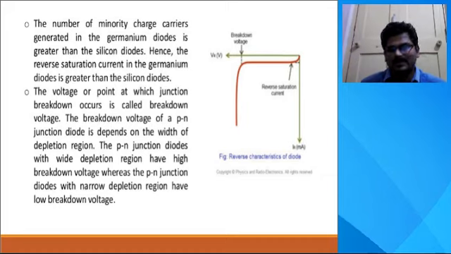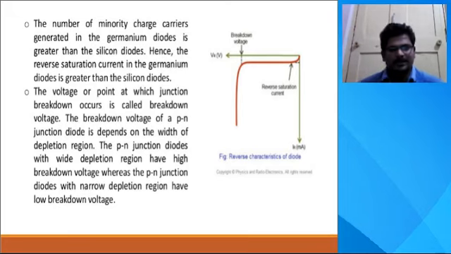In the Boylestad textbook, which we call the black pad or yellow pad, they mention clearly, when dealing with the PN diode experiment, that the reverse saturation current of silicon is in nanoamperes, and for germanium it is in microamperes. The difference is due to the breakdown voltage. The value for germanium is 0.3 volts, and for silicon it is 0.7 volts. The voltage at which junction breakdown occurs is called the breakdown voltage.